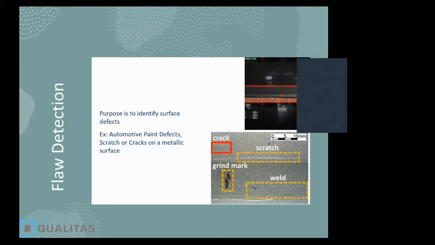And here, again, it's nothing to do with the part. The flaw could be on an automotive part, it could be on a plastic component, it could be on a metallic finished surface, it could be on some kind of engine component, it could be bearings, roller bearings, right, or the tapers. So anything which has some kind of finish and you want to detect flaws is flaw detection.